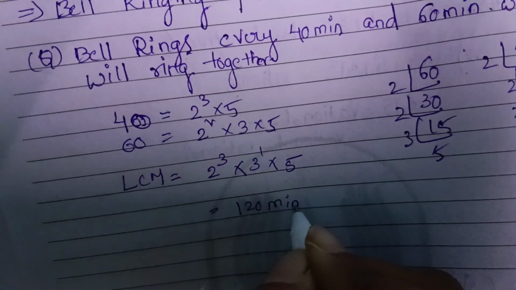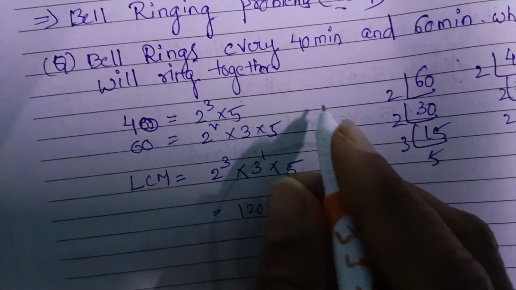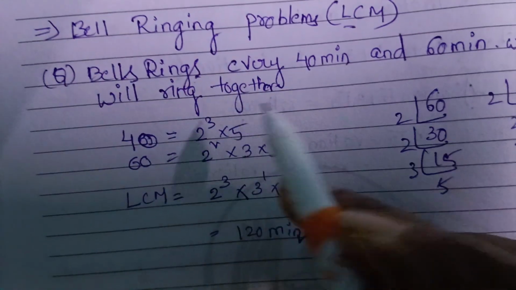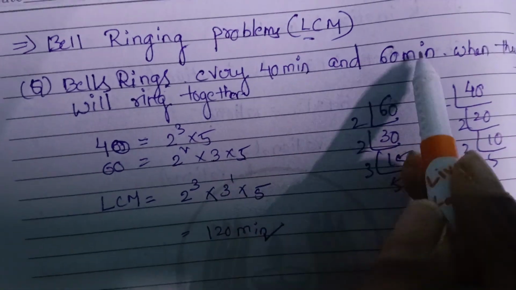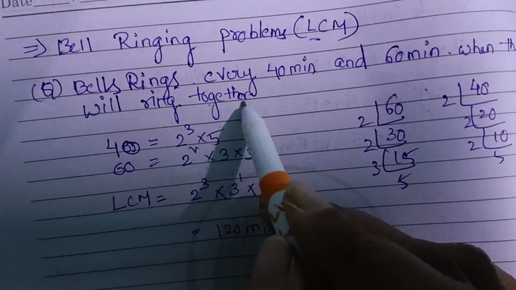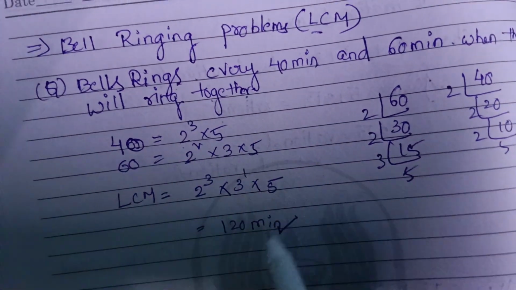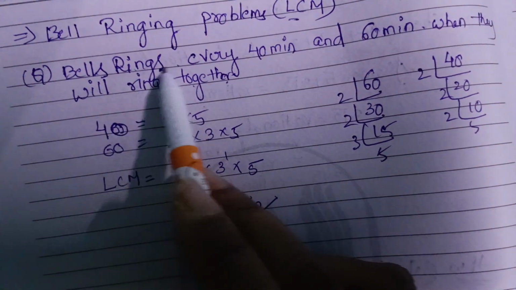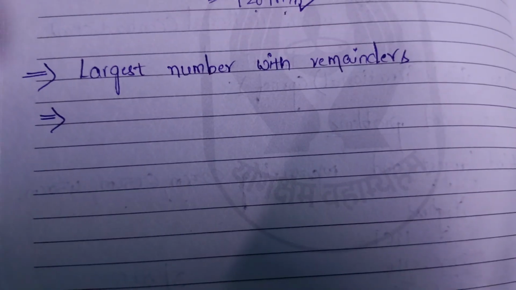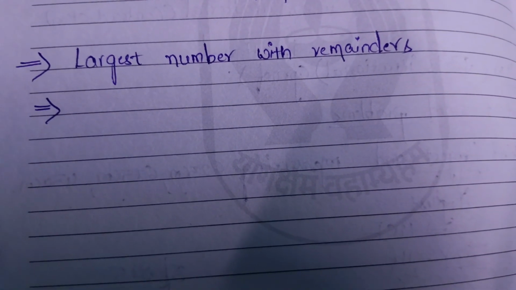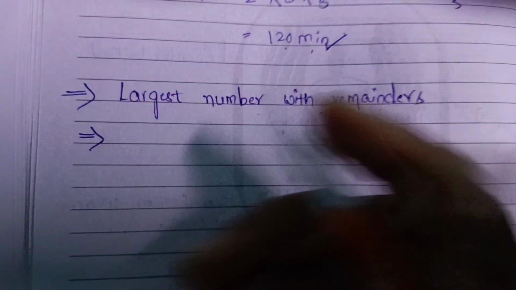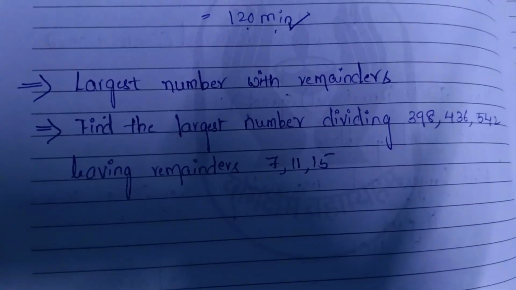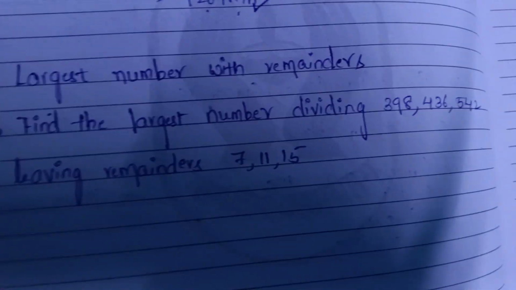So after 120 minutes, both the bells will ring together. Okay, the question is, we have 2 bells. 2 bells ring every 40 minutes and 60 minutes. When they will ring together means take the LCM of those two numbers, and the answer will be 120 minutes. It means that after 120 minutes, both the bells will ring together. See, our next problem is based on the largest number with remainders. We should find the largest number with